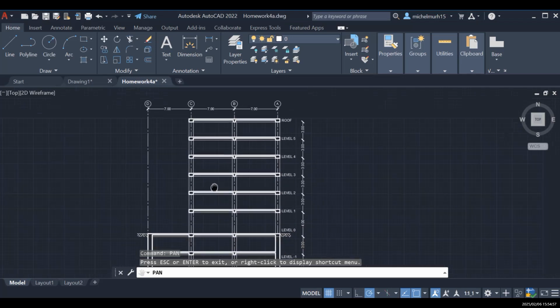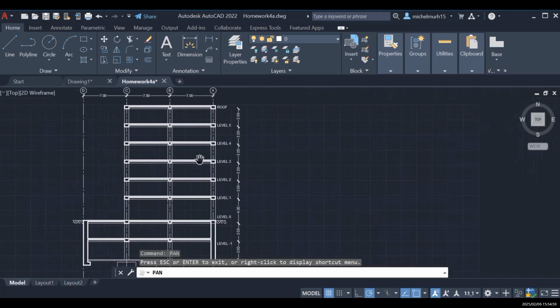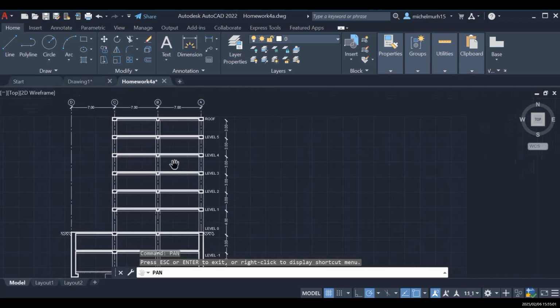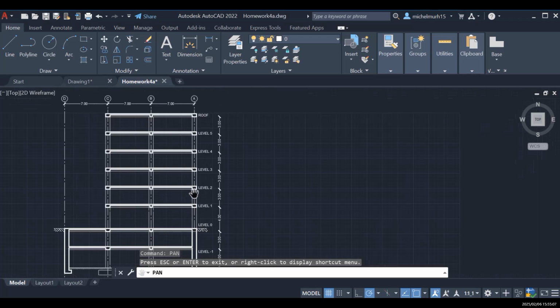So let's start. First of all, as you can see here, I'm gonna just put this as an example. I finished designing this one, but I'm gonna show how I did it by using a quick method. First of all, I always start with the units. So if I click on NU, the shortcut of units, as you can see,